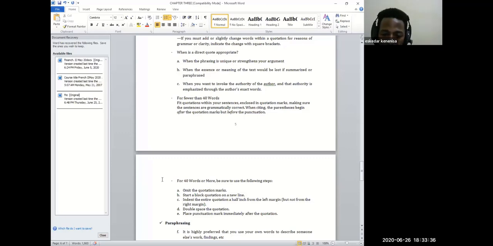Then you make indentation. If the paragraph starts here, the quotation should be indented. It has to be indented. Therefore, you have to come closer to this one. It should not be in the same indentation with the sentence of your own paragraph. Therefore, indentation. Indent the entire paragraph as a whole.